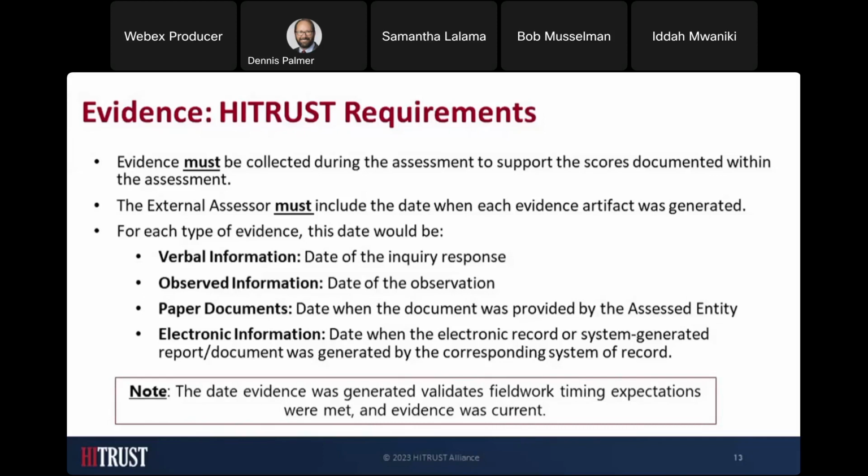And then electronic information, we call this systems of record, you might think of it as. When was that generated and what system it came from? And all of these will go to reinforcing all of our timing expectations, when they were met, is the evidence current, so on and so forth. So proceeding to the next slide,